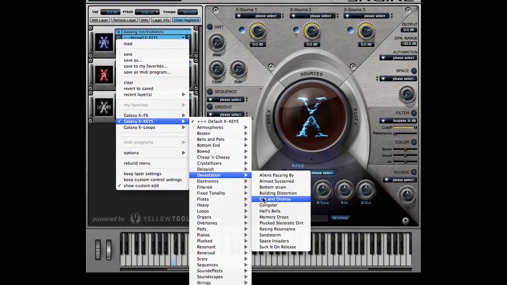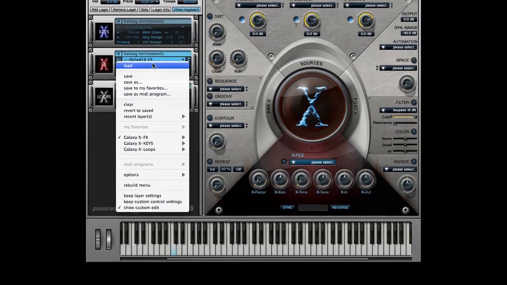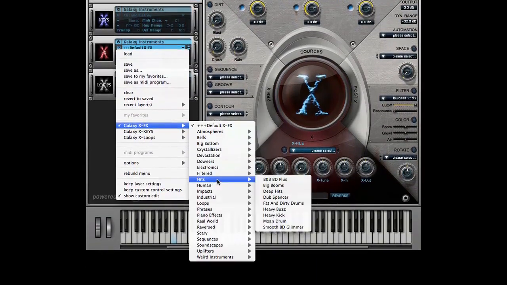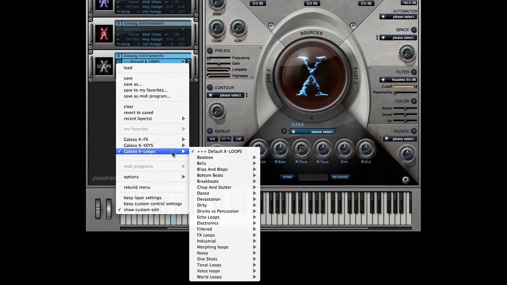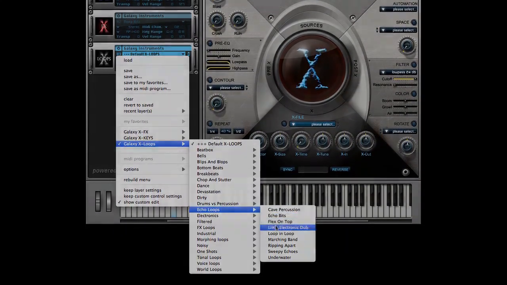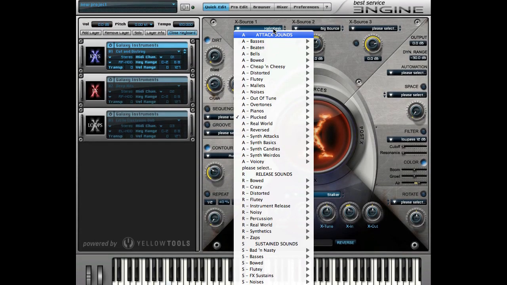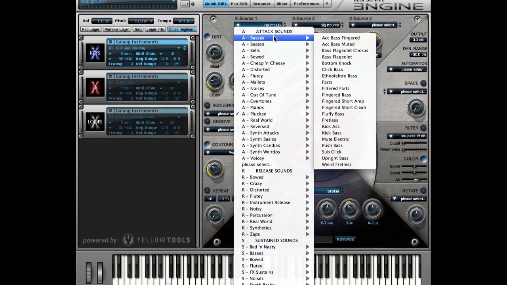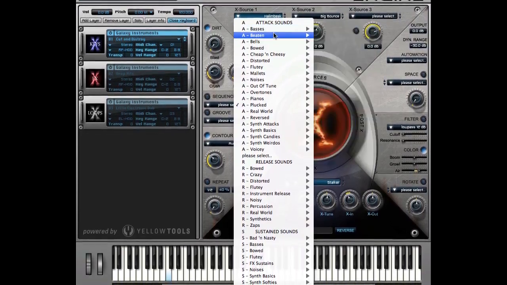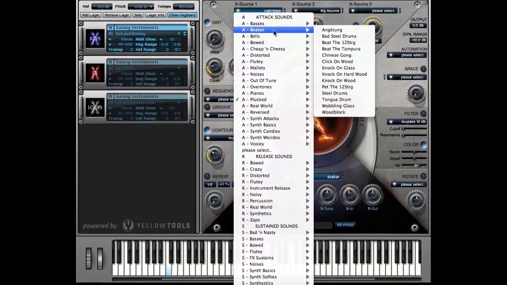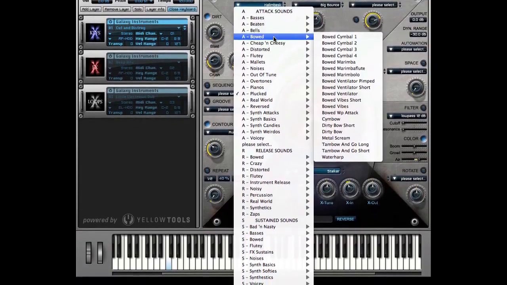X keys for tonally playable instruments, X effects featuring all kinds of effect sounds, and X loops with thousands of special effects loops. For X keys, we recorded over 500 tonally playable instruments. Among them, attack sounds like acoustic and synthetic basses, beaten instruments like a hammered tempura, bowed instruments like bowed cymbals,